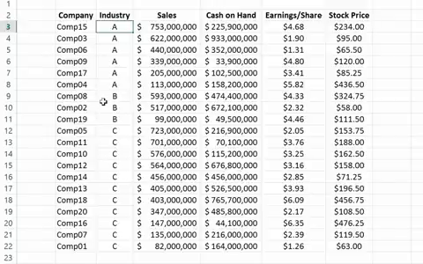Industry B, they're together as well. All of my companies in Industry C are together. And notice that within my companies in Industry A, I'm rank ordering those companies by the sales total. I restart that ordering again for Industry B, and again I've sorted those based on sales, and then again for Industry C.